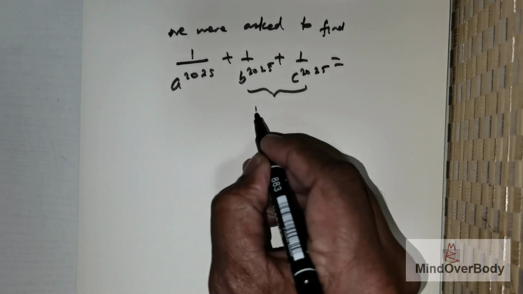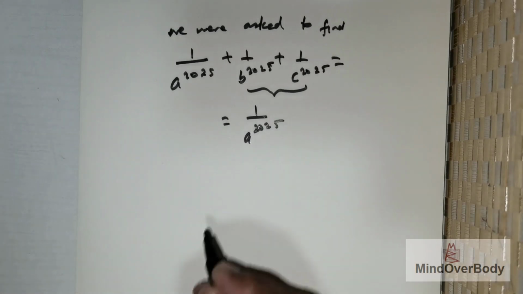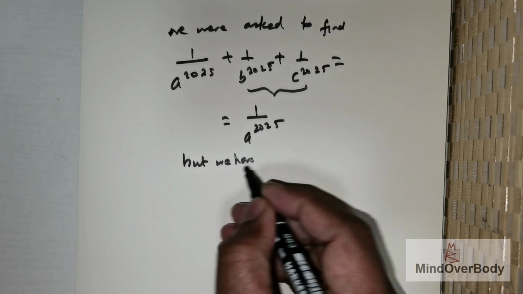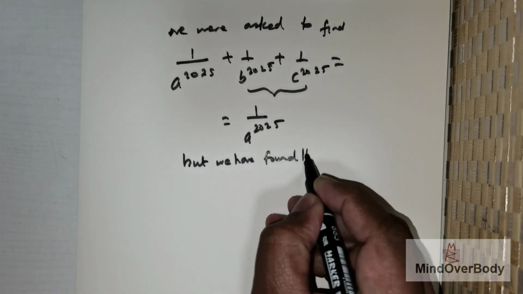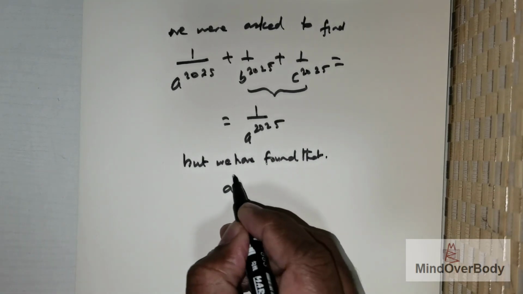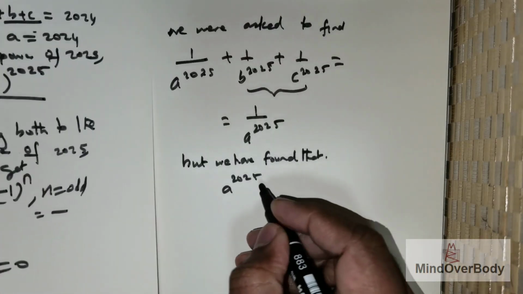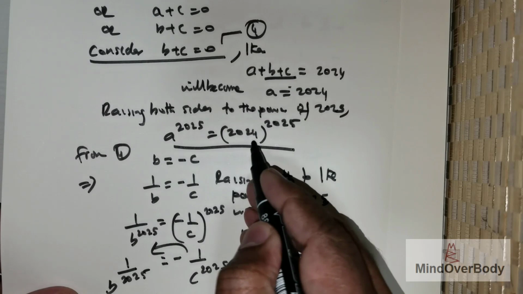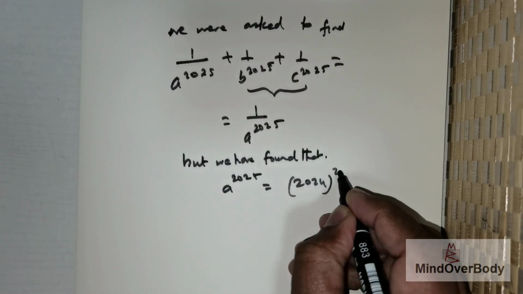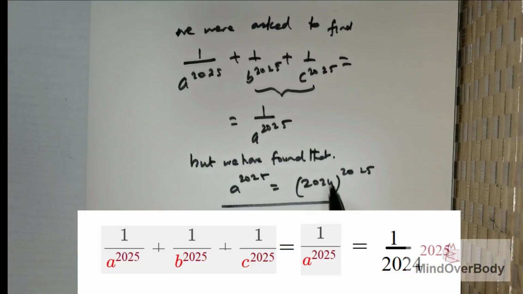So I only have to get A^2025. But we have found that A raised to the power 2025 is 2024 raised to the power of 2025. So this would mean